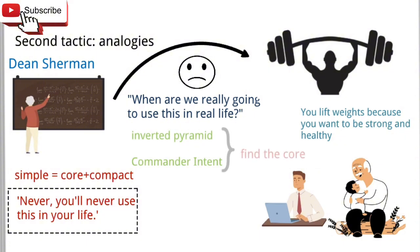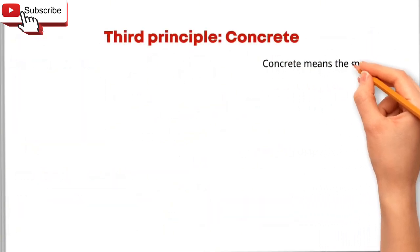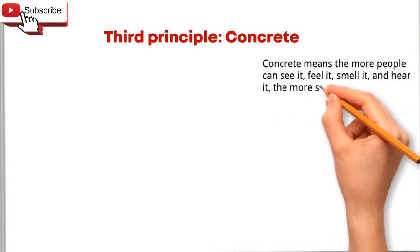Use the inverted pyramid or commander intent methods to find the core. And to make the core message compact, use analogies or memory flags. Third principle, concrete. Concrete means the more people can see it, feel it, smell it, and hear it, the more